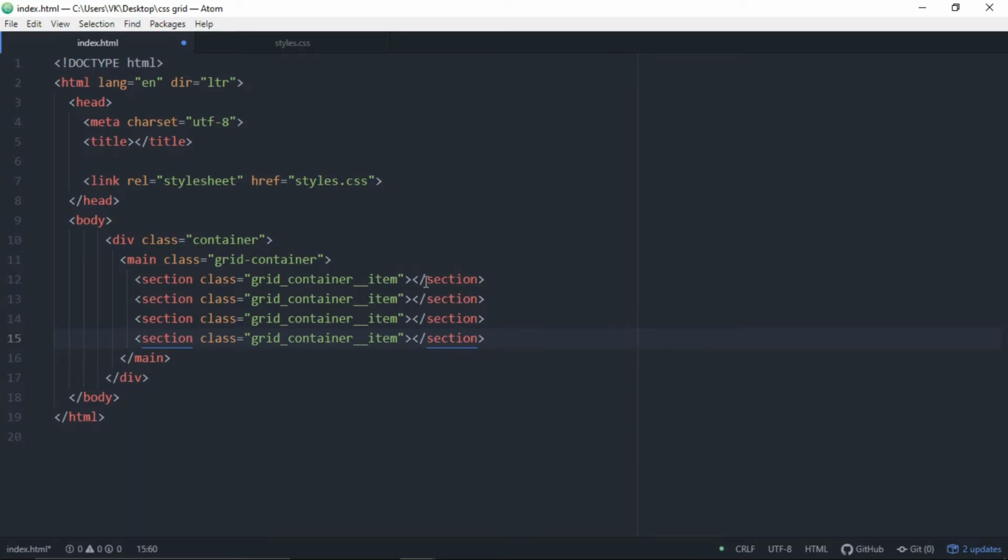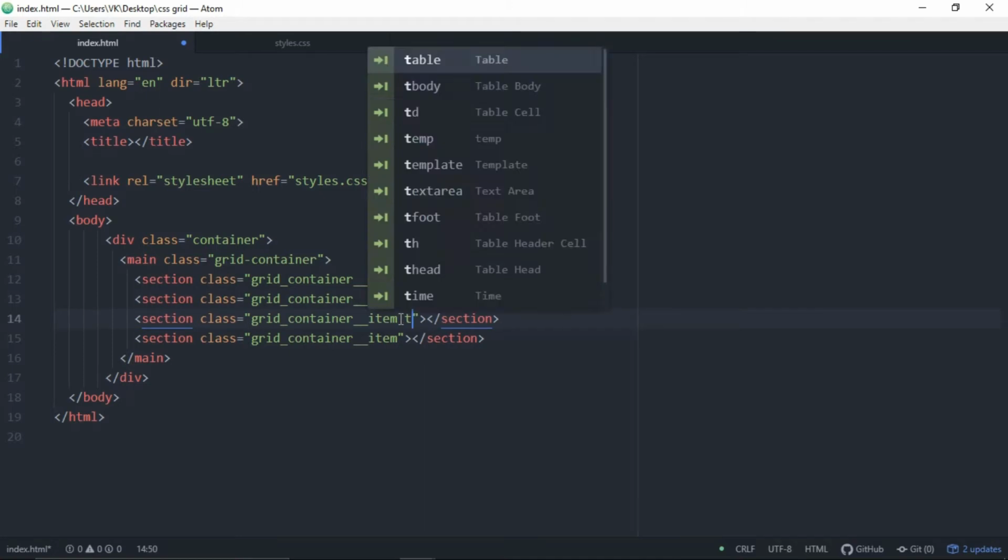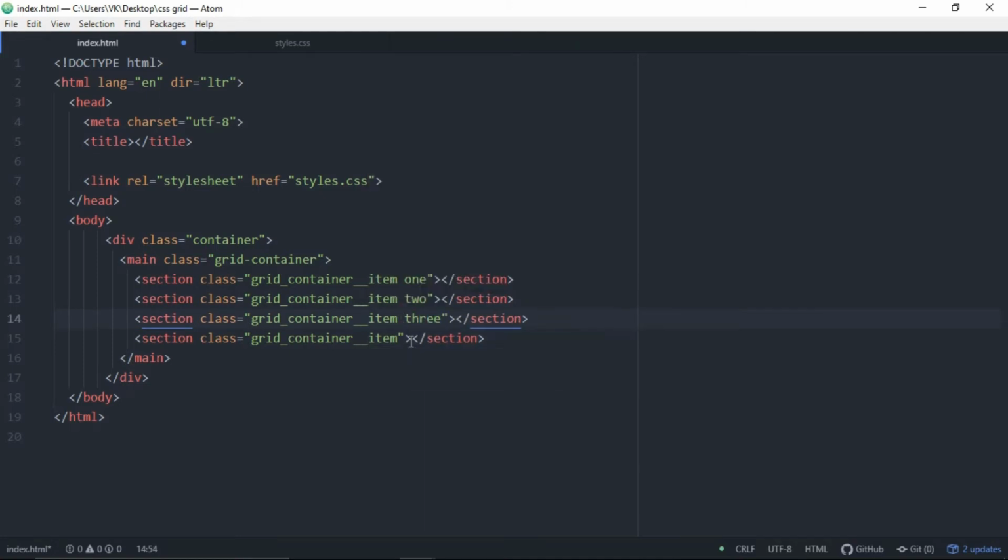And I will add one extra class to each of the sections that is exclusive to each of them: 1, 2 and 3, and this one will be aside, which will be basically occupying the right space of the screen.